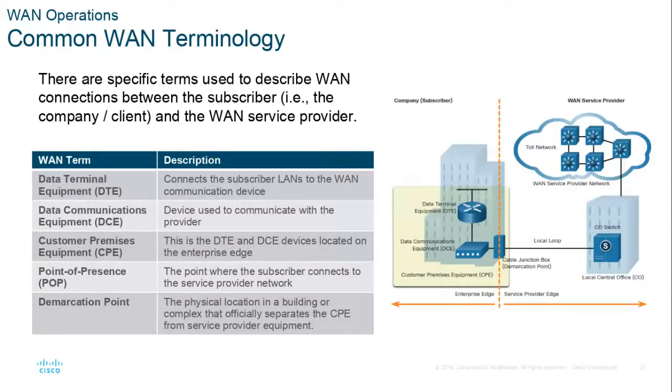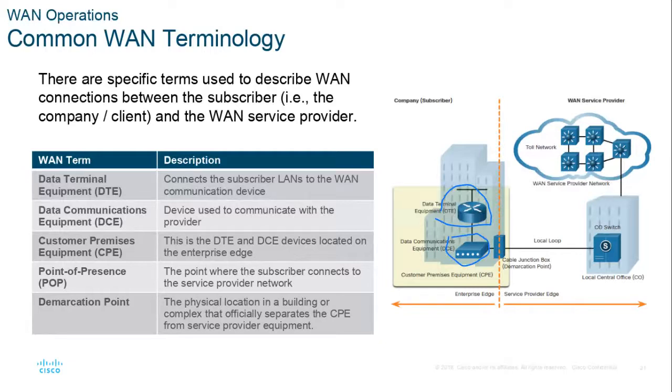You purchase your own telephones, or you purchase your own modems, and you purchase your own equipment and you plug it in there. So this DTE, data terminal equipment, that's the end that connects to the WAN communication device. So let me see if I got my pencil on here. In the old days, the data terminal equipment would be your computer, and the data communication equipment would be that Hayes dial-up screeching cats modem.